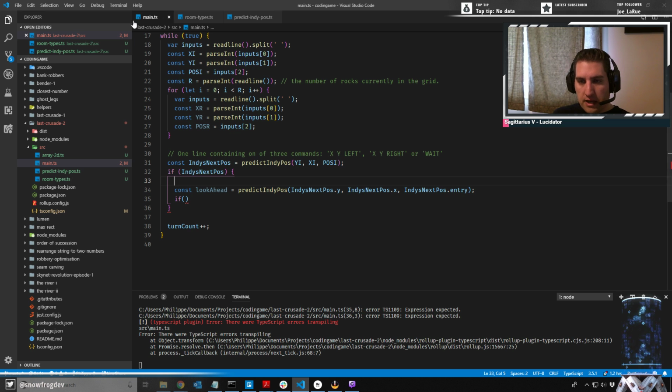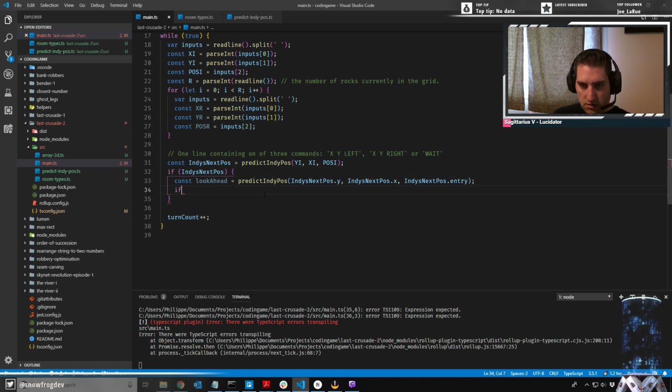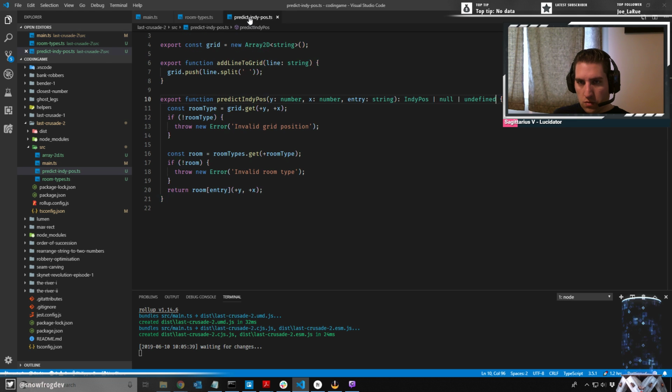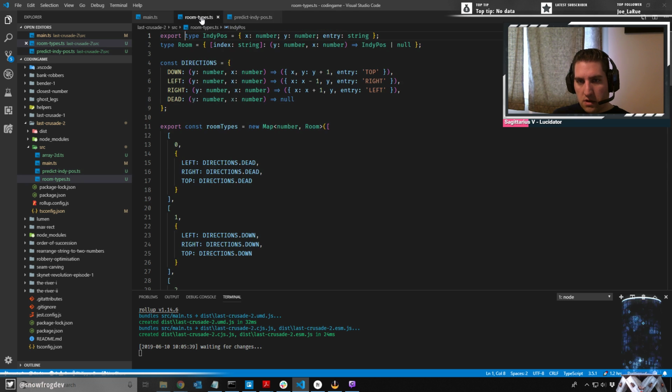Okay, is there a way to guard against this? Or do we even want to? How do we use this? All right, well, I think it's a good thing that we're being explicit about the fact that we can get an undefined from this function. We can get a null if... In which case would we get a null? We would get a null if we're trying to go into a